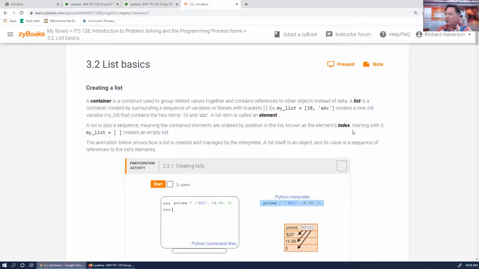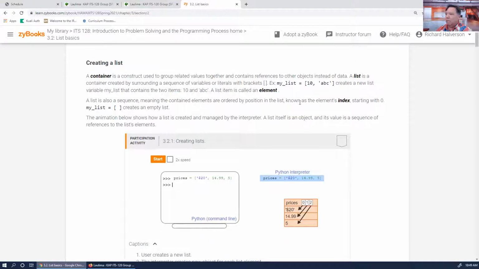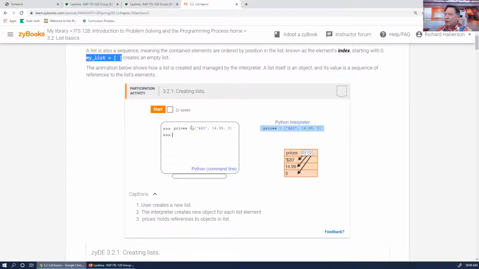So we have strings and characters, and we have lists and elements. And we index the same way, and something like this creates an empty list. And so we can create a list like this, and we can write out